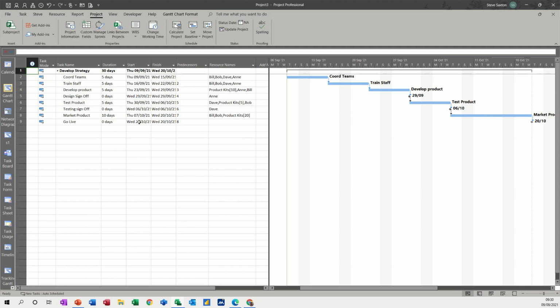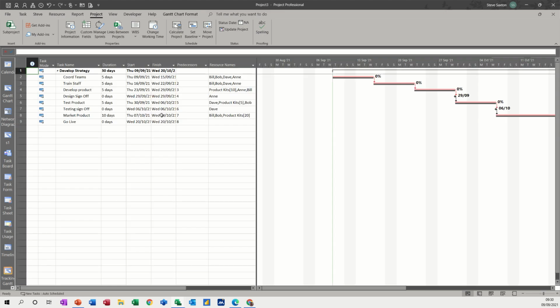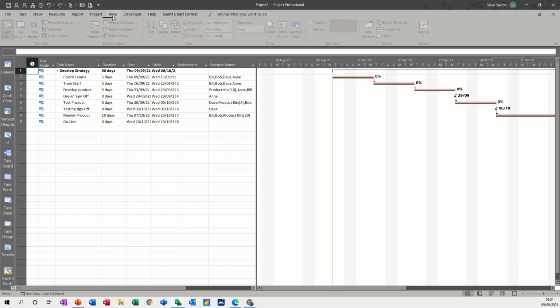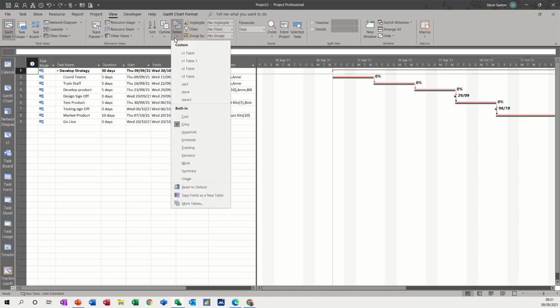Now once you've set a baseline, when you're using project, you should really go and use the tracking Gantt, and that shows you the baseline marker and the actual, so you can see both of them on there. And then what you can do after that is change this table to be the tracking table. So if I go view